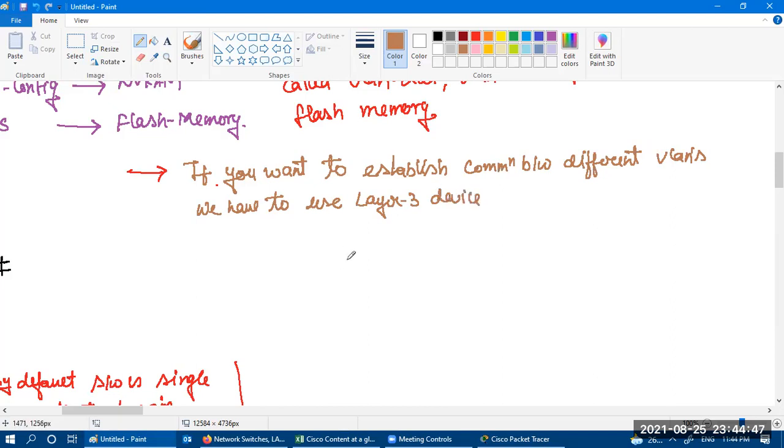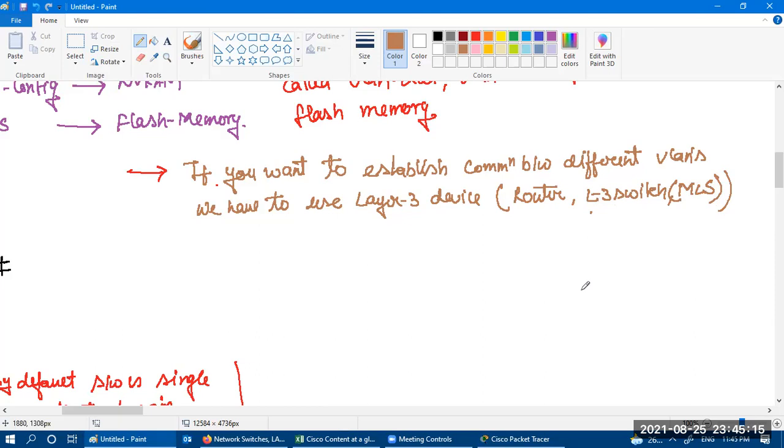So when you talk about a layer 3 device, it can be a router or it can be a layer 3 switch also. This layer 3 switch is also called a multi-layer switch.